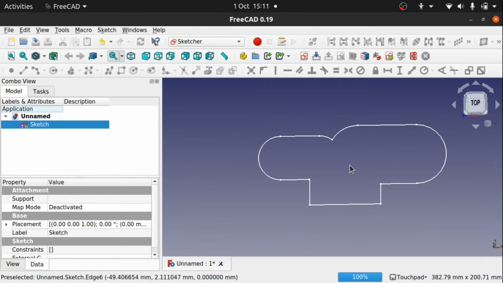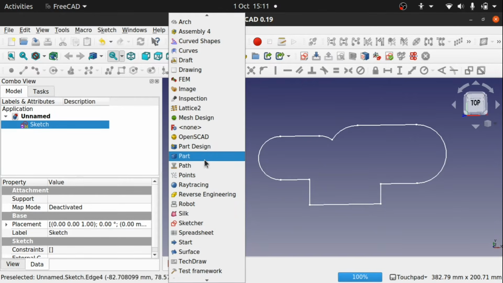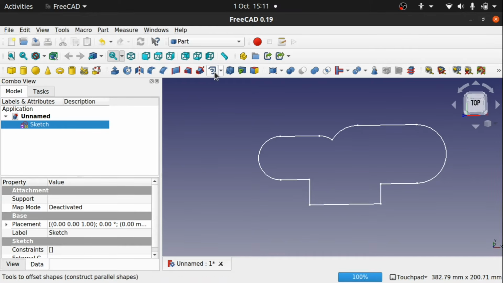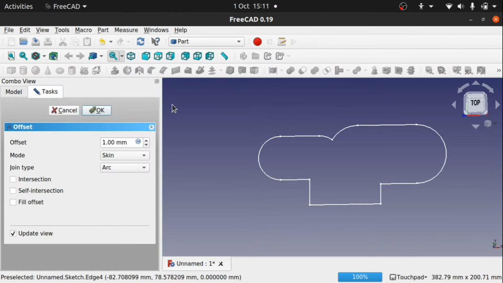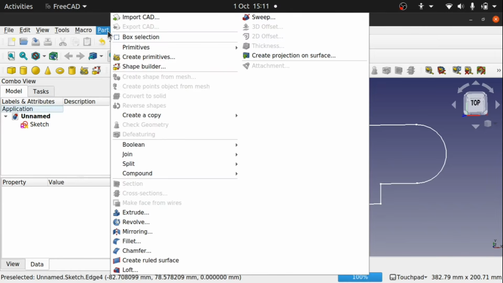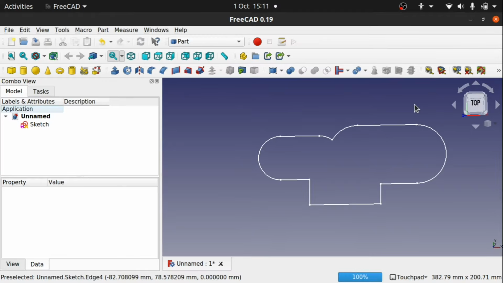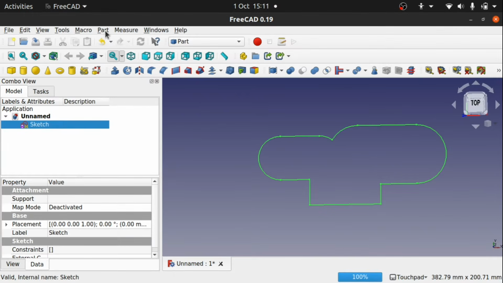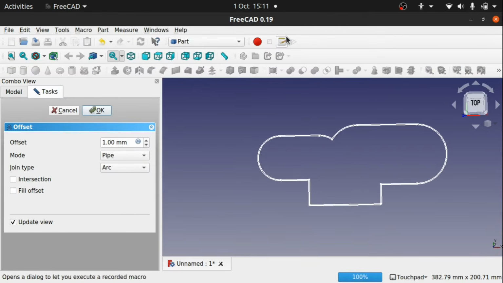The tool that you want is over in a different workbench. So it's actually over in the part workbench, and it's this tool here. It's the utility to offset planar shapes. When you come into the part workbench, you may just see this icon here, but it's also available under part, 2D and 3D offset. Now to use it, we select our sketch and we come in to part, 2D offset,